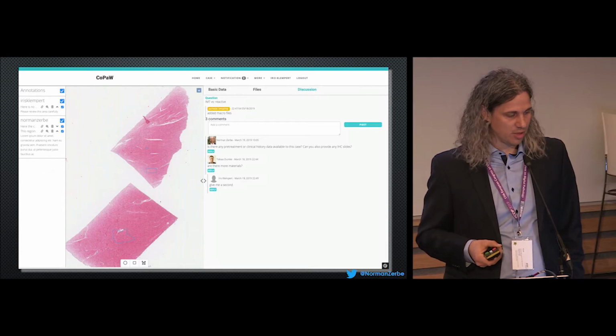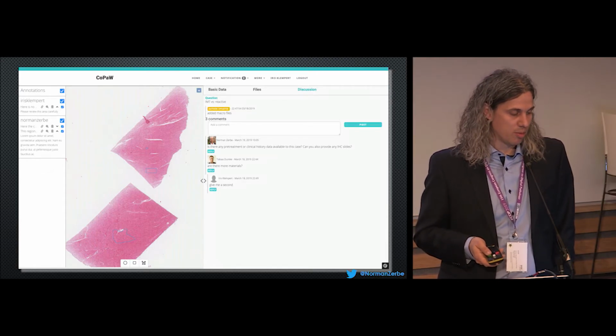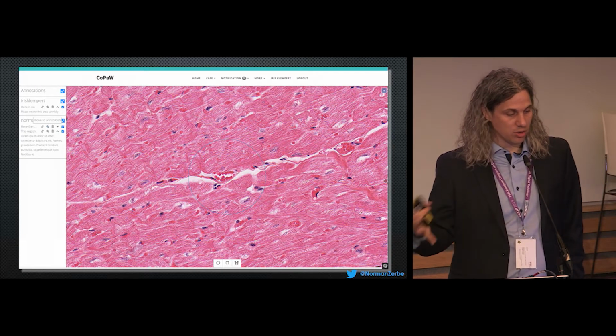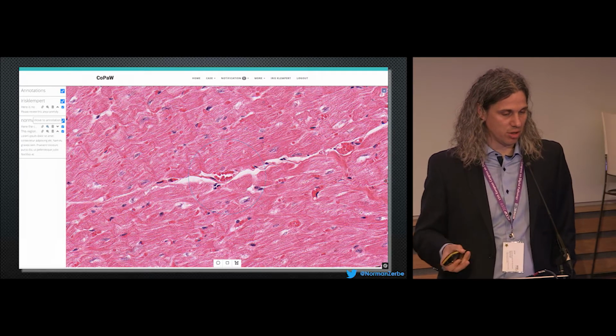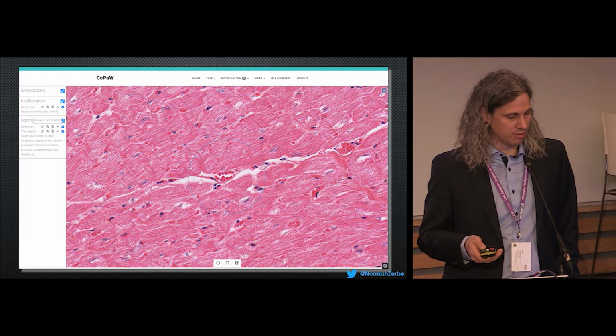You can describe things, you can jump to a certain annotation. So a host slide image viewer, a proper one, is also in this system as well. You can enlarge the viewer to have it full screen, or you can also have the discussion full screen. So it's quite flexible how you want to use it finally.